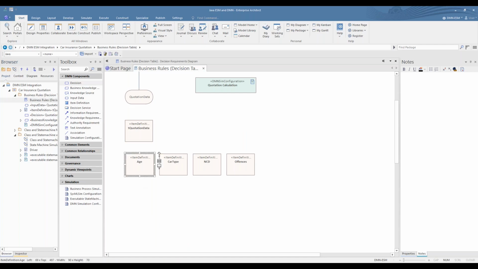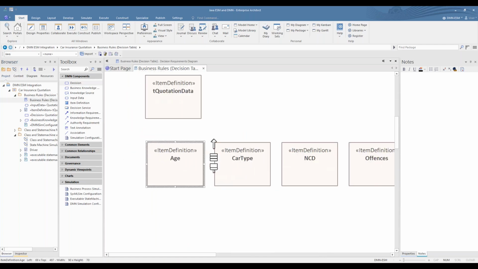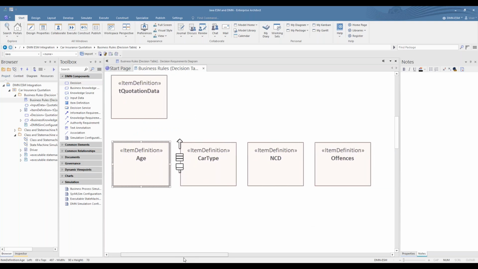The first thing you do in a decision table is create what are known as item definitions. One item definition per input to your decision table. So I've got age, car type, no claims discount or NCD, and offenses. You do not need to put anything inside here like attributes, just a plain stereotyped class.